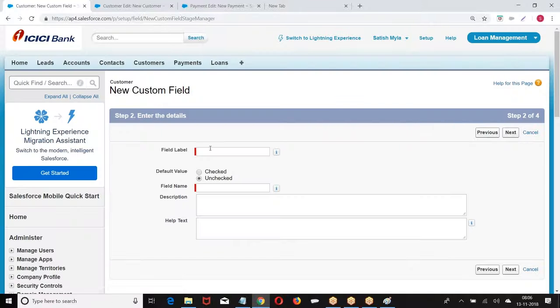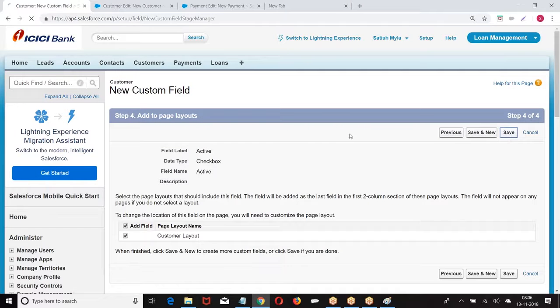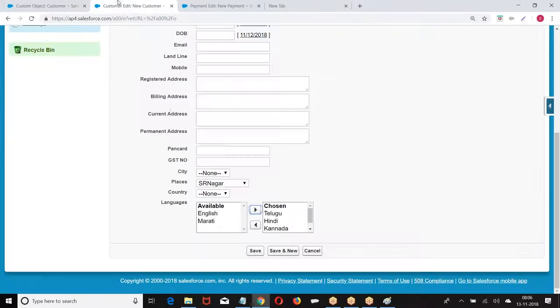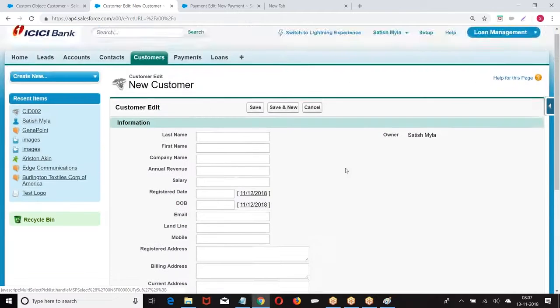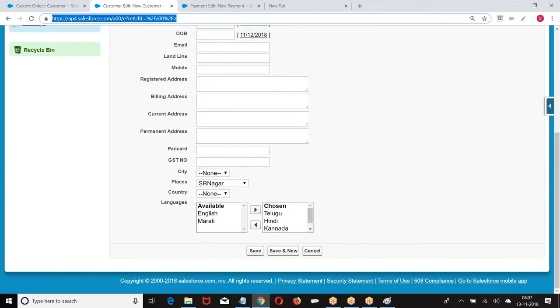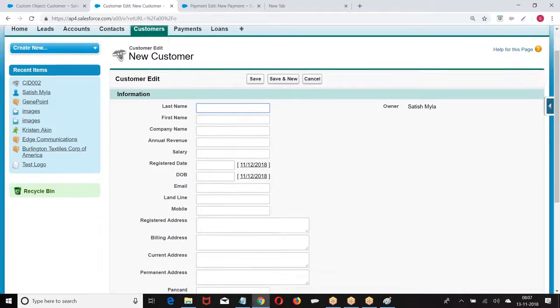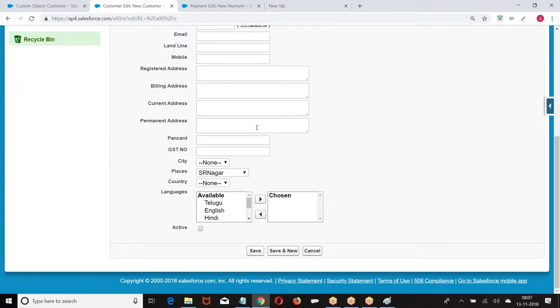What is the meaning of all options together of 1500 characters? If you count the length of each and every option, it should not be more than 1500 characters. Telugu we have 6 characters, right? Hindi we have 5 characters. Like that, if you count all this length, it should not be more than 1500 characters. I hope everybody is good with this pick list and multi-select. One option or multiple options.